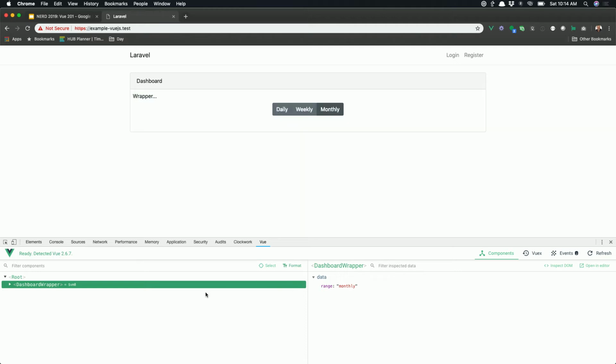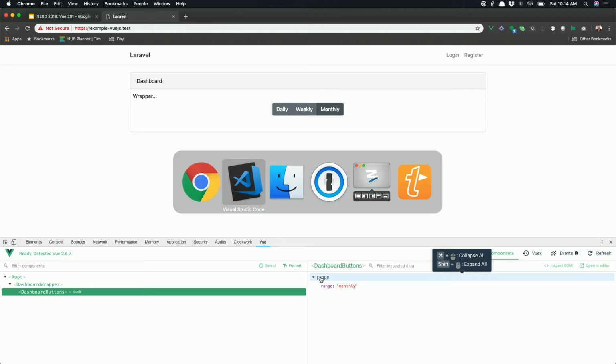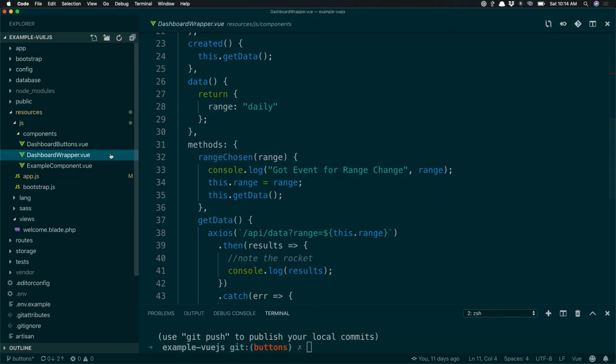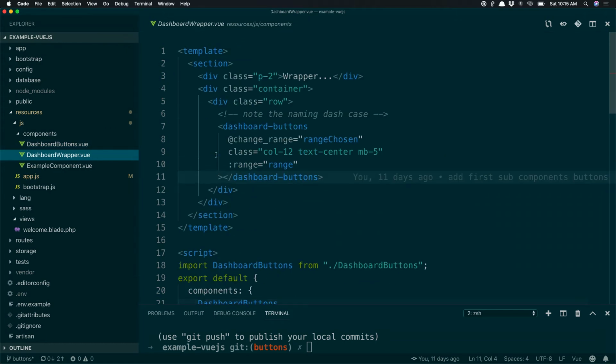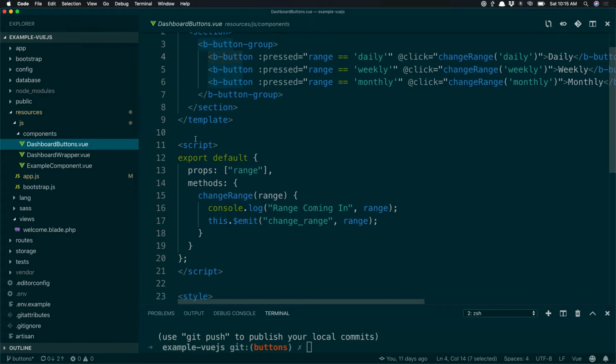So now we can kind of see when I click the wrapper, we see it has state. And when you go over here, you can see all the events being processed. But this is kind of cool because you see the state. And in this wrapper, you can see buttons, and buttons have state as well. Does that make sense? So properties is how you can pass data from component to component, by the way. That's what you saw in that code where I show the button. So the wrapper passes in a property, range, and in the button, it registers a prop called range. Does that make sense to everybody there?